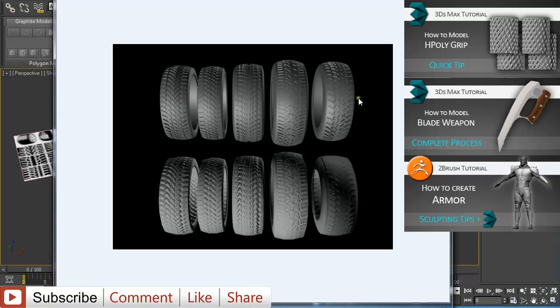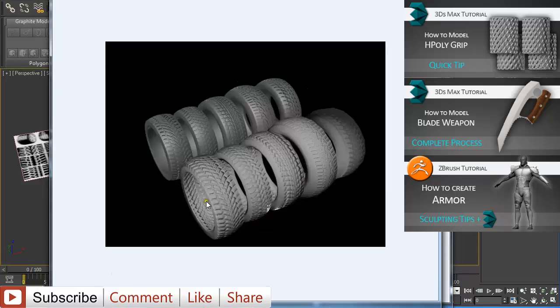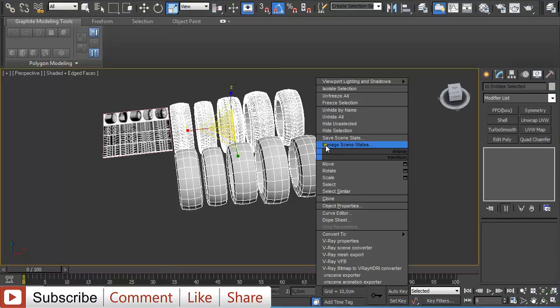So these are the high poly versions and these are the low poly versions with a normal map applied to them, and this is another view, high poly versions and low poly with normal maps. I'm going to hide all this